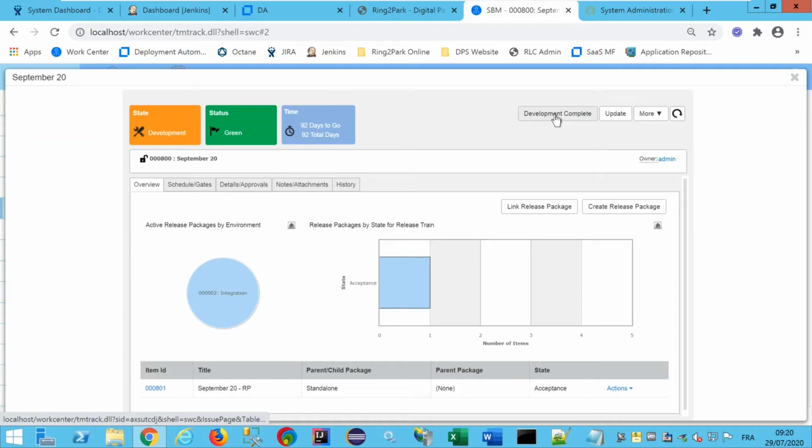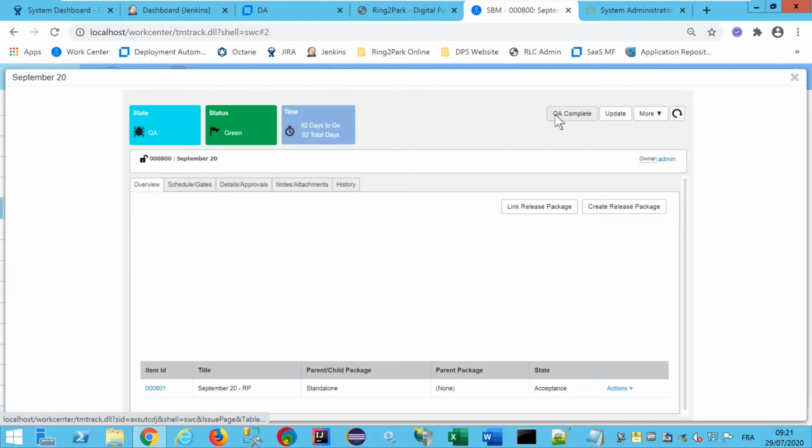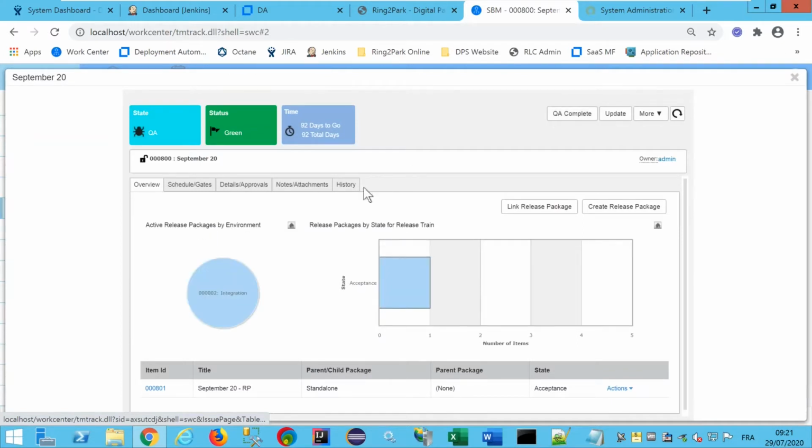Once those binaries are ready to be deployed into integration and into production, we can say at the release train level that the development phase is complete, and now we are ready to move into the QA phase. So the train is in the QA phase, and in this QA phase, the release package is ready to